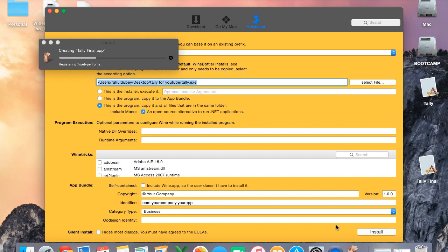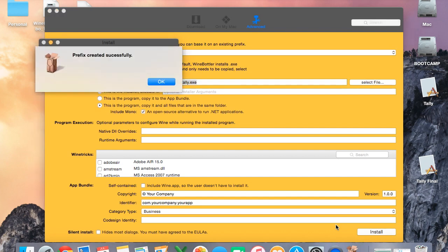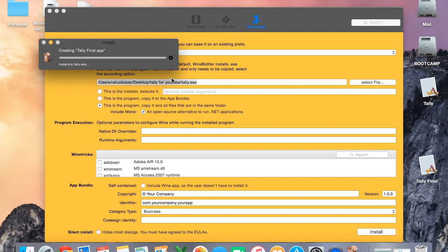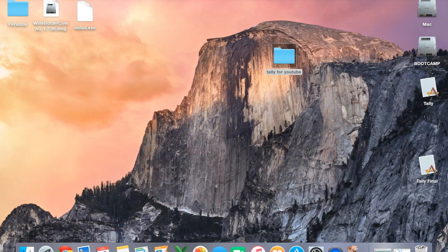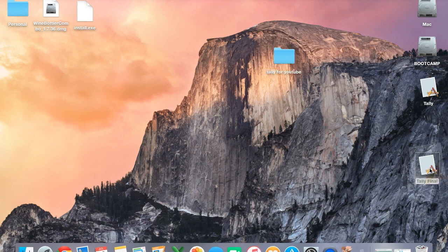And please wait till this installation process is complete. It is created. Now I don't need this file. I would close this application. Please do not delete this folder, because this folder is very critical.